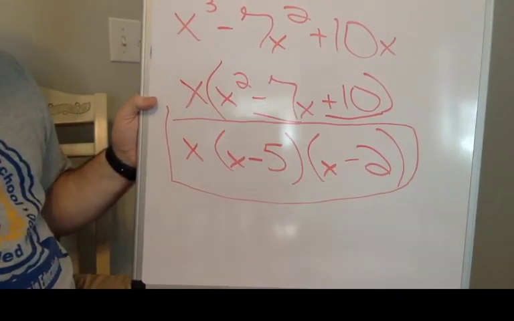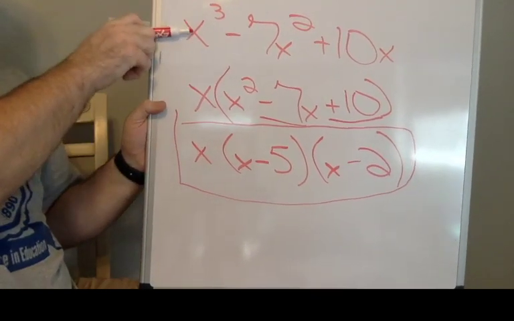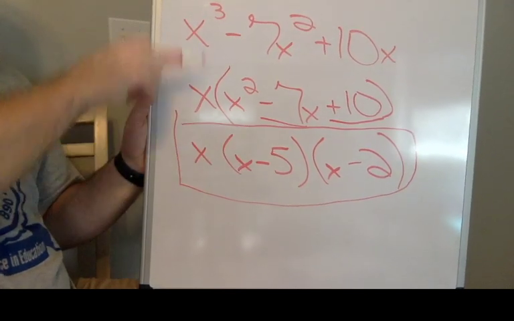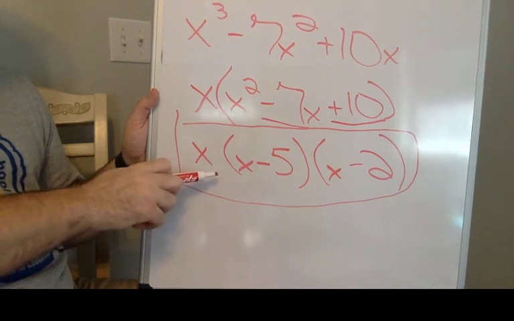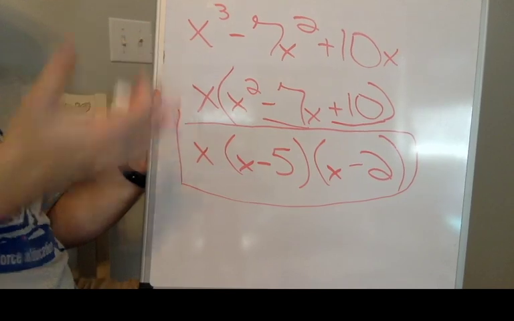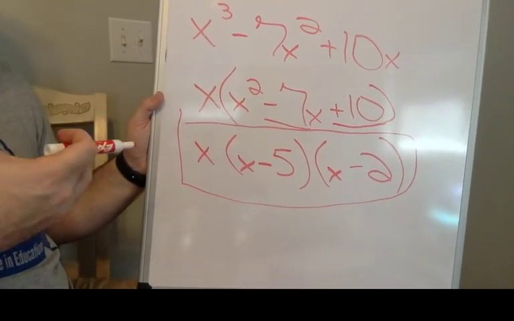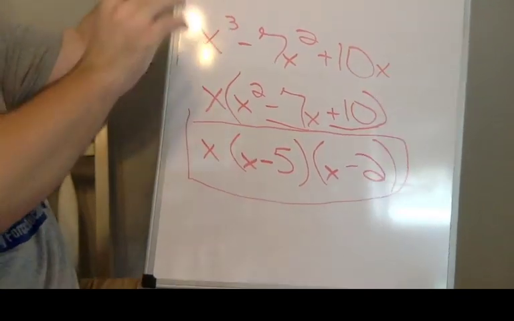That right here, that is factored. So when it says we want to factor a polynomial, that's what we want to be able to do. We want to take this original polynomial up here and factor it into that right there, because those two are the same. If I do FOIL method here and then multiply everything by x, it's going to give me this original up here. So that's kind of the whole concept, is we're looking at breaking down a polynomial into a more simple form. Okay, so that's kind of the basis behind what this target is saying.